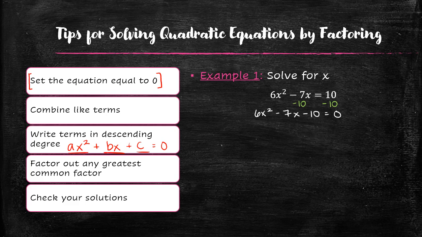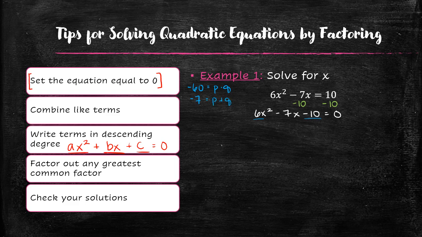Now I'm going to factor using grouping, meaning I'm going to take my first coefficient, 6, my last coefficient, negative 10, and multiply those together to get negative 60. My middle coefficient, negative 7, is also important. So in grouping, we're looking for two numbers. I'm going to call those two numbers P and Q, where their product is negative 60, and the sum is